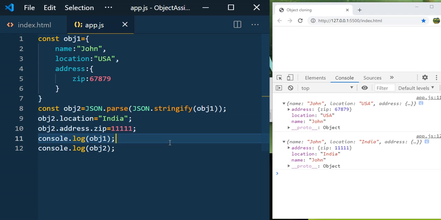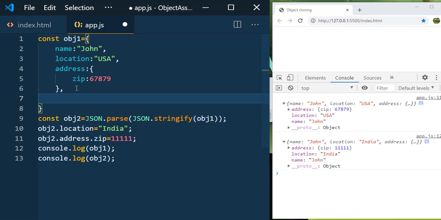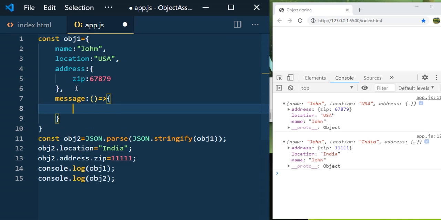And remember one thing: using the JSON approach, you can't clone functions. Quickly, we will add one function or method. So here, console.log.